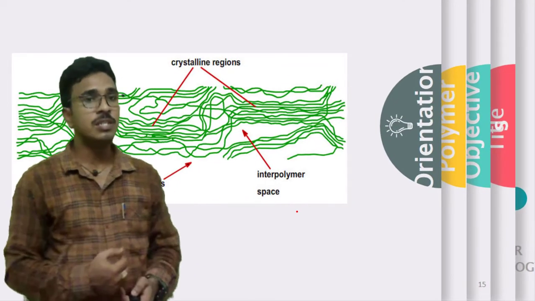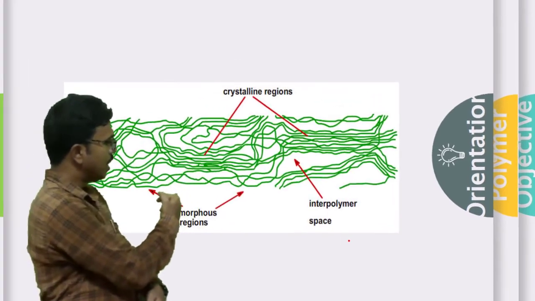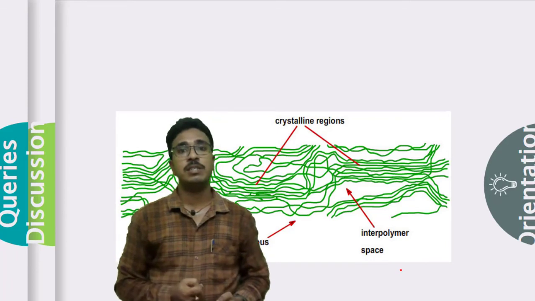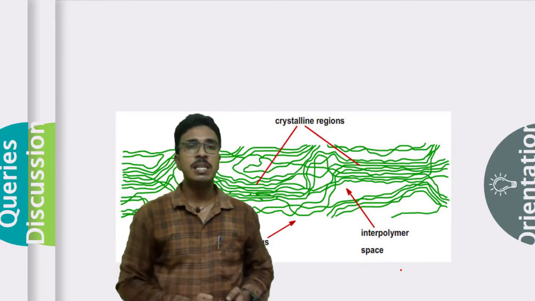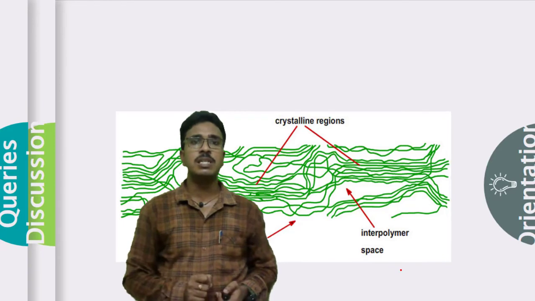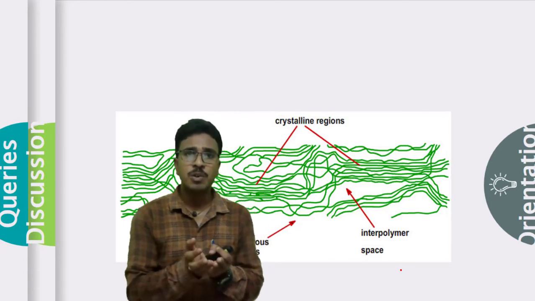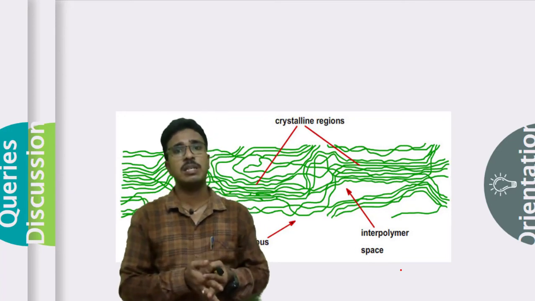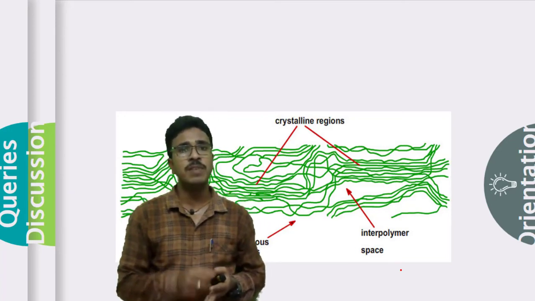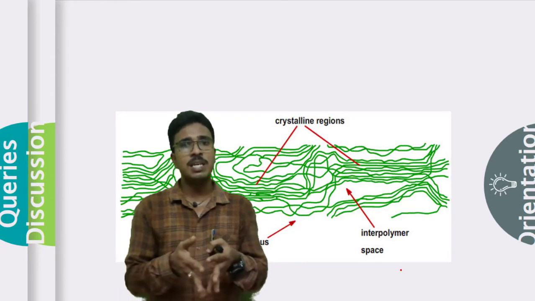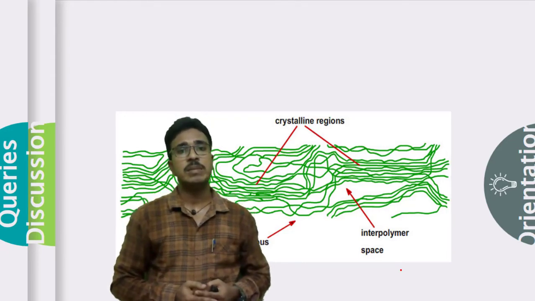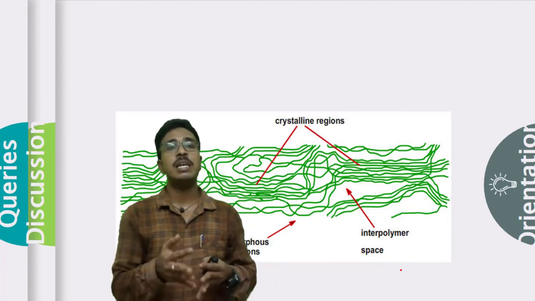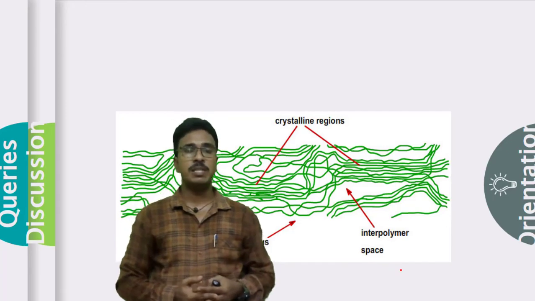Okay, now you can see here the crystalline regions and amorphous regions. From the illustration, you can easily understand, if you carefully observe the crystalline regions, you can see the compact, close arrangement of molecules. When it comes to the amorphous region, you can see some gaps in between the polymeric system, which result from the random arrangement of molecules, leaving gaps inside the polymeric structure.